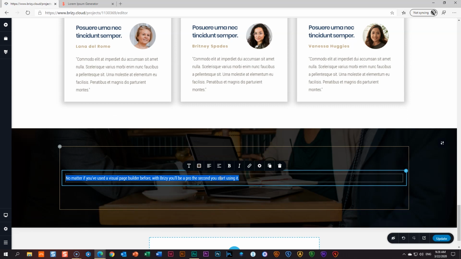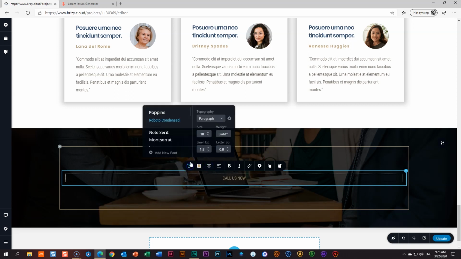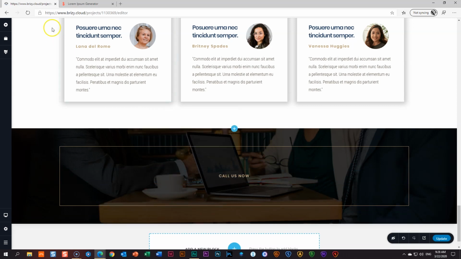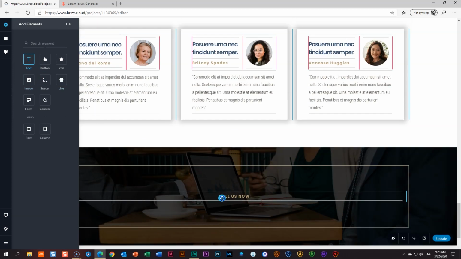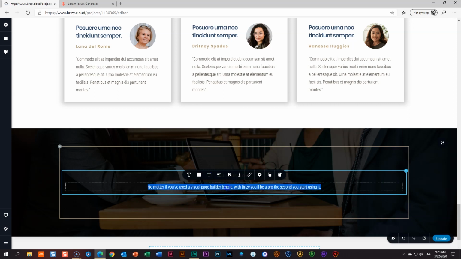triple click to select, and type in caps, call us now. Center align that, change the color to the third from the left, and let's go to above title here. It will apply that. Next, bring in another text element. Let's put it on white first, center align it, triple click, and say, let's deactivate the caps, call us, and then plus 27 5 6 a